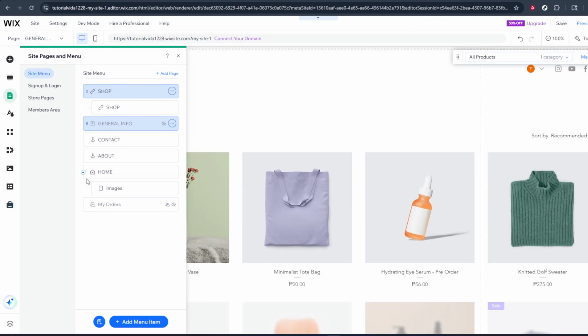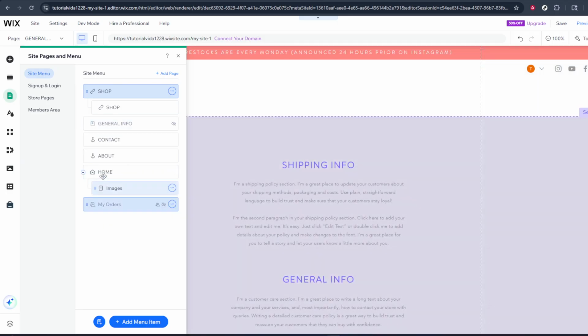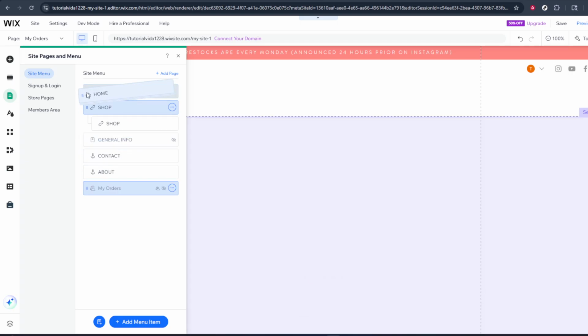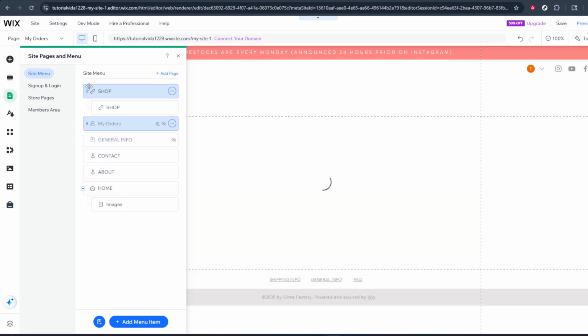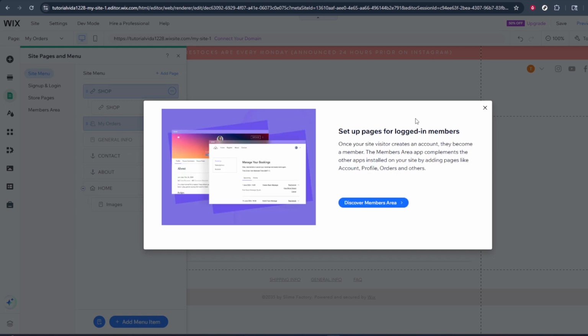If the page doesn't end up under the parent you wanted, you can simply drag and drop it within the Manage Pages panel to reorder it. Just click, hold, and drag the subpage to the correct position under the parent page. And that's it. By clicking the arrow beside Pages,